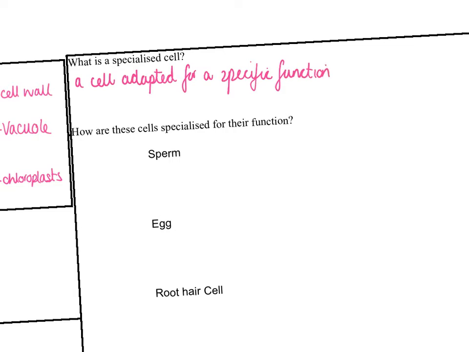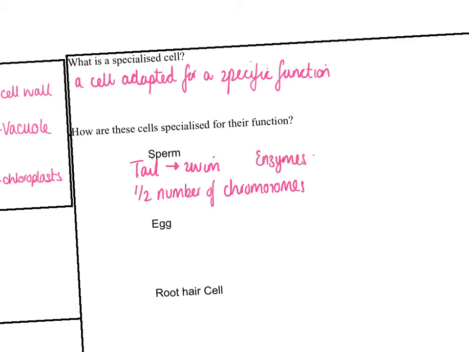So sperm cell, it's got a tail. What is a tail for? It needs to be able to swim to find the egg. It also contains half the number of chromosomes, okay, which is needed because we get half from mum, half from dad. And we also have enzymes in the head, and the reason then is